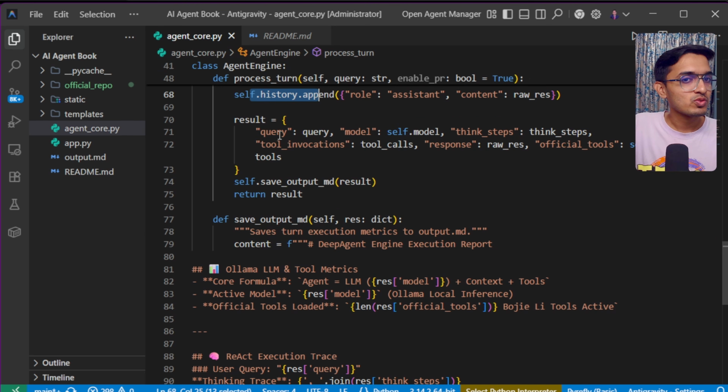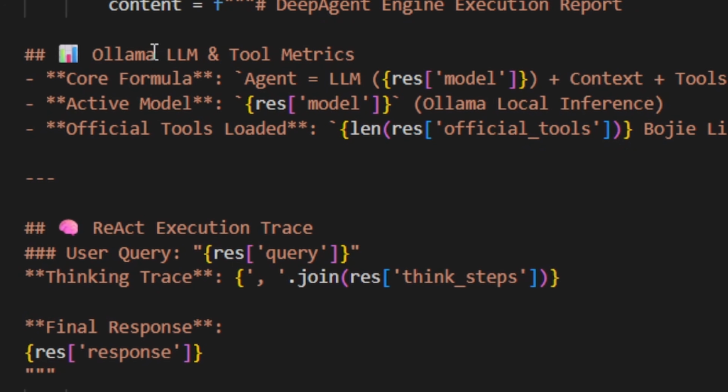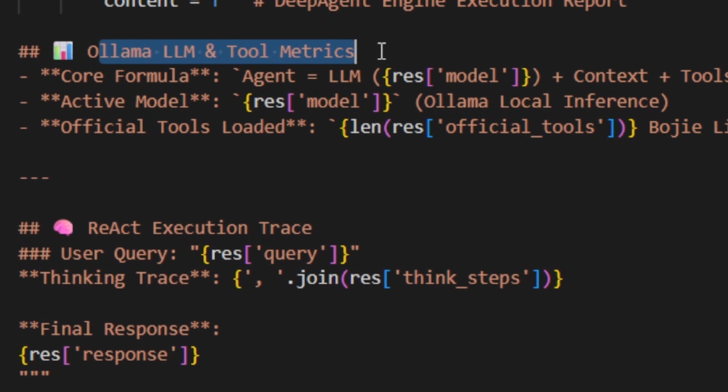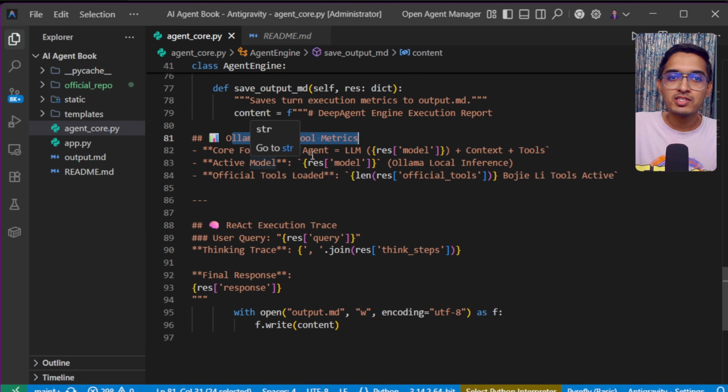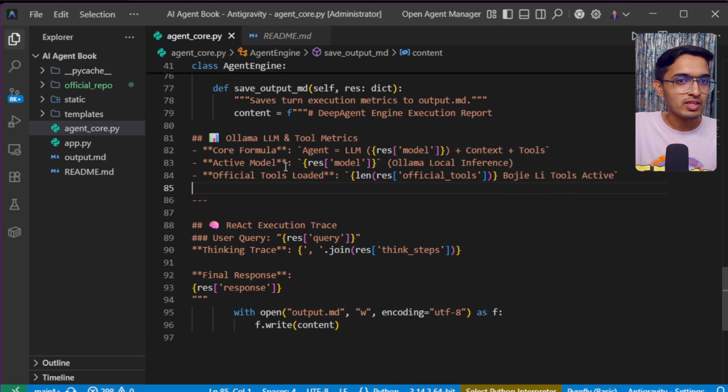And finally, we are going to save the result in a markdown file as well, so we can check out the full agent response along with all the tools that it has used. In the markdown file, there will be simple headings like the Ollama LLM and the tool metrics. The core formula is that the agent is using this LLM model with the context and tools. The active model is this from Ollama local inference, and these are the official tools that are loaded from the